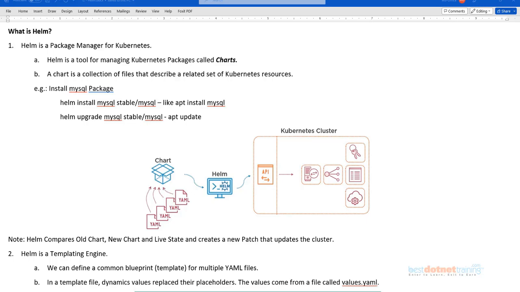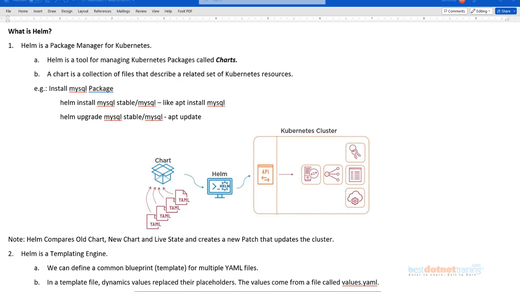So I want to deploy something in my Kubernetes cluster which is using one or more of these kinds of objects. Instead of maintaining them as individual deployments or individual units, what we can do using Helm is bundle all this together and treat it as one single package. Either you install the package or you update the package, or if you no longer want it to be there, you can remove it. But it would be deployed, removed or maintained as one single unit. So that's one big benefit of a package manager.